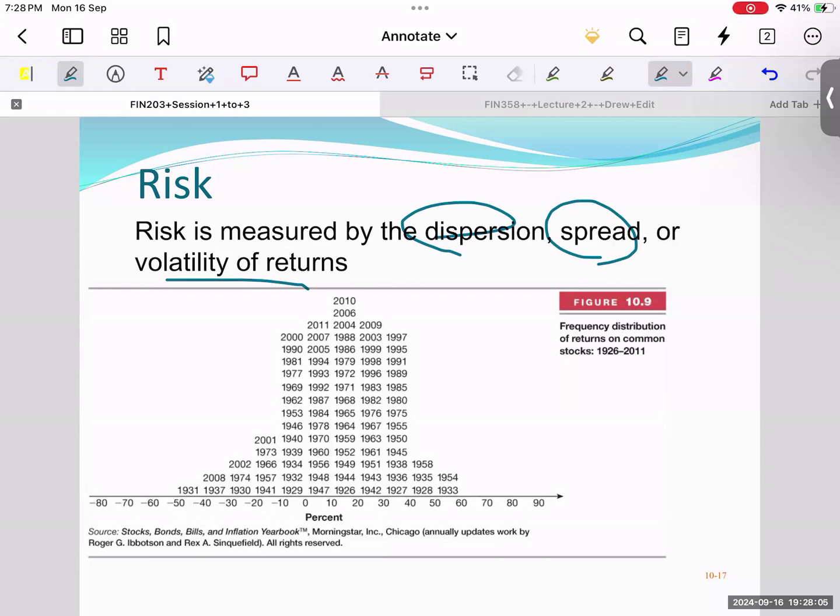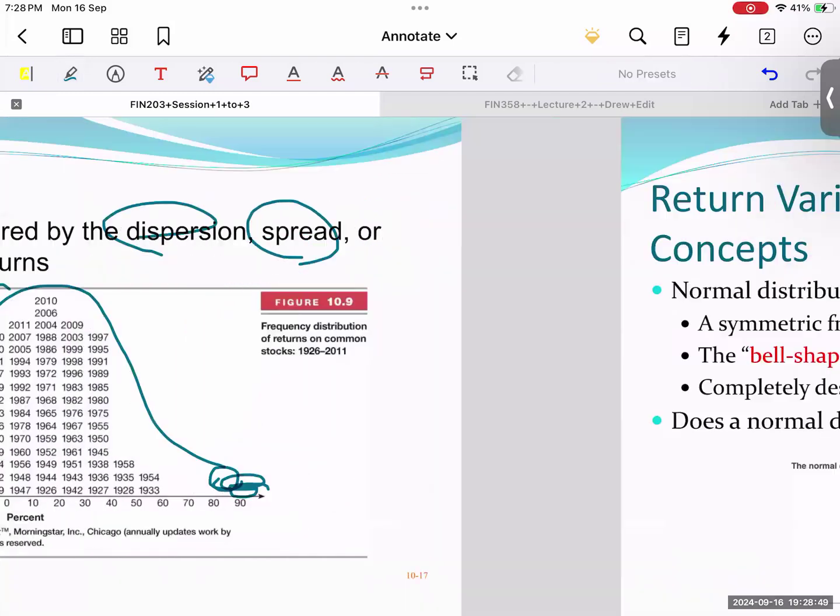So understand it's like a normal distribution here, right? So imagine returns that are at the end here and at the end here, meaning the two extreme ends of your normal distribution. It means that there is more dispersion. And because of this, your risk is higher, right? So there's more spread here and here. Okay, so this is an important concept. I want to put a star here. So risk is based on dispersion,